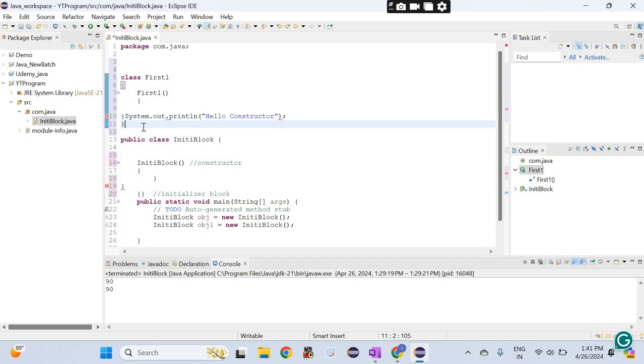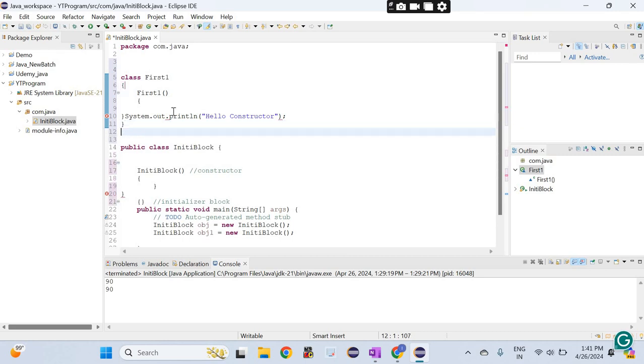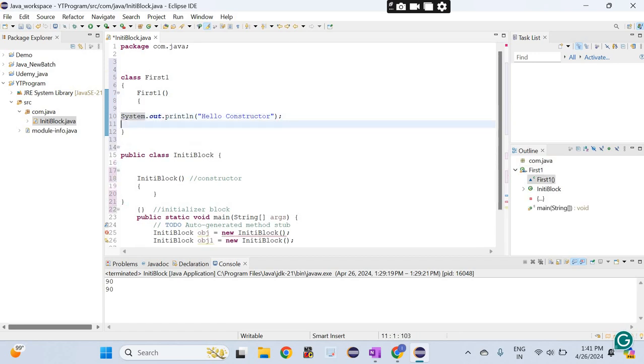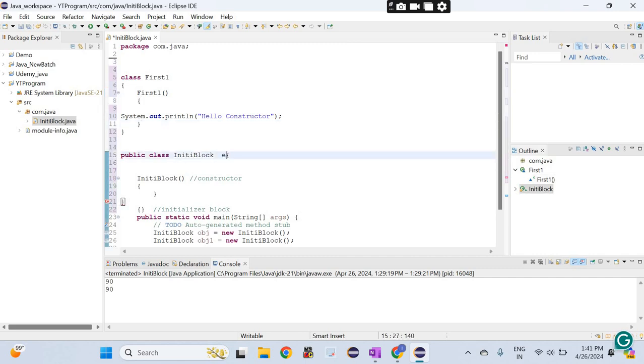You have to remember how many curly braces you are opening, and you have to close them. Next, I will create one more class here, with System.out.println. This is the class I have created in the block, and then I'm going to create this class extending First. What is my class? First. This is my class.